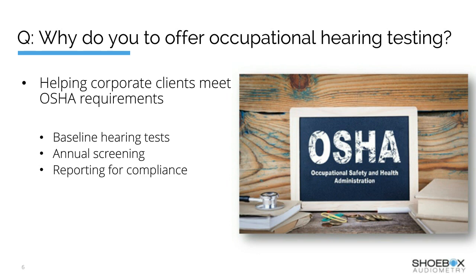So OSHA has some regulations and guidelines that protect the employees' hearing of many companies throughout the energy industry, and there's service companies as well. So, for instance, if somebody was in a manufacturing company, or outdoors in a sandblasting company, or on an oil rig, the different environments require certain protection. And in order to better protect the employee, you have to have